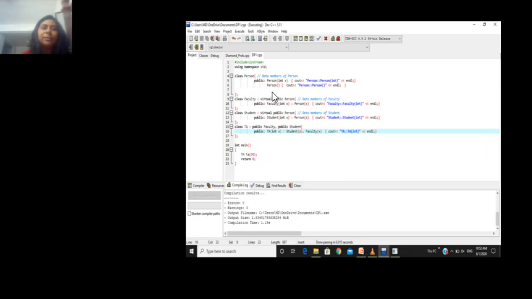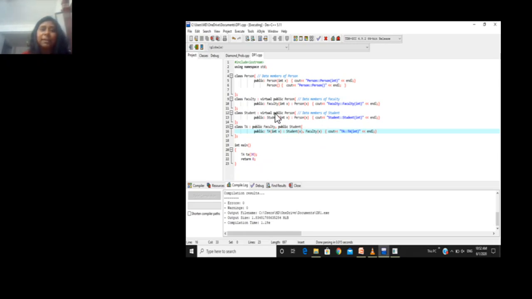And how does the system do that? Here you can see that I have written a default constructor for the person class, because whenever we are inheriting person class virtually, the system says do not create the instance of person in faculty. Wherever it is virtually inherited, do not create the instance in that derived class. So the system will not create an instance of person in the faculty class.